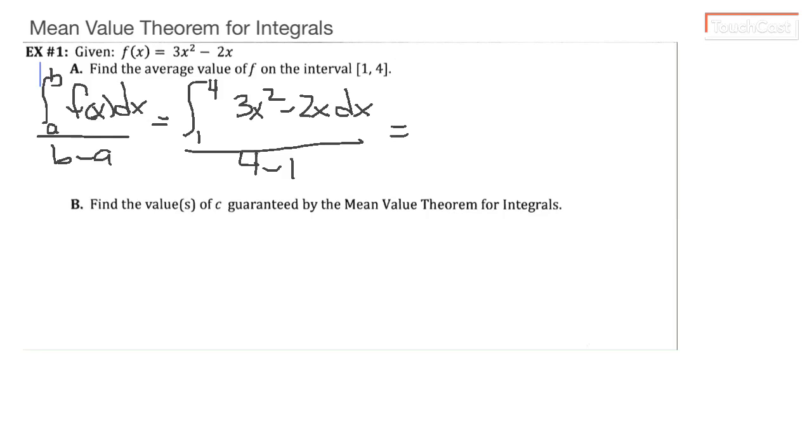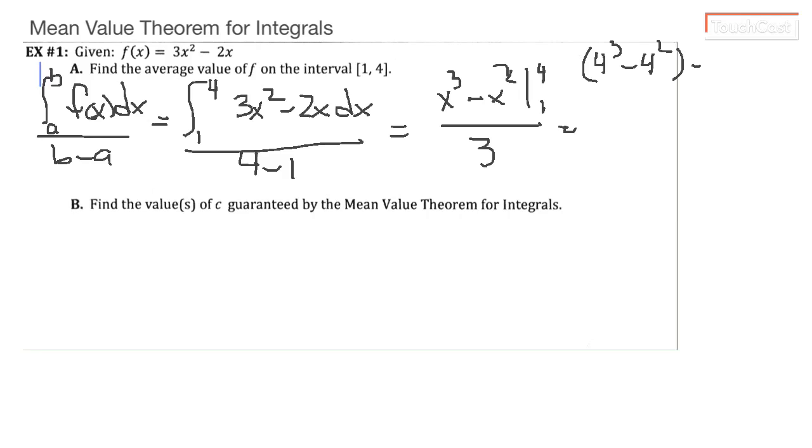First we'll integrate our numerator, 3x squared minus 2x. When we take the integral of that, we have x cubed minus x squared, from 1 to 4, over, well, 4 minus 1 is 3. So let's clean this up. Our numerator we can rewrite as 4 cubed minus 4 squared, minus 1 cubed minus 1 squared,